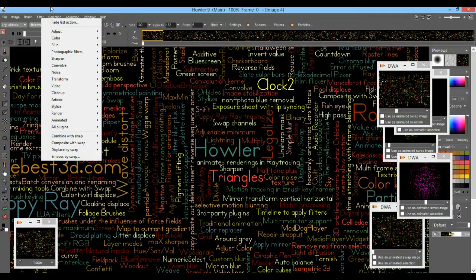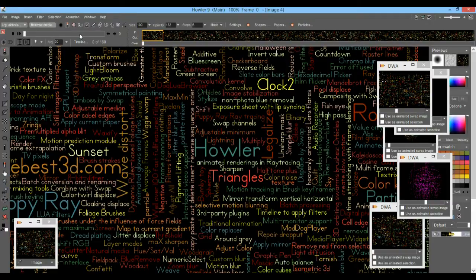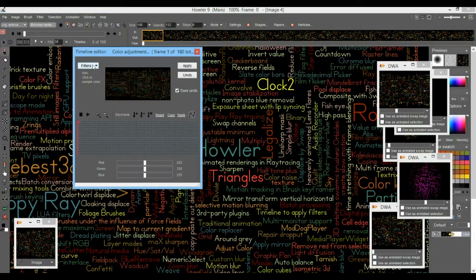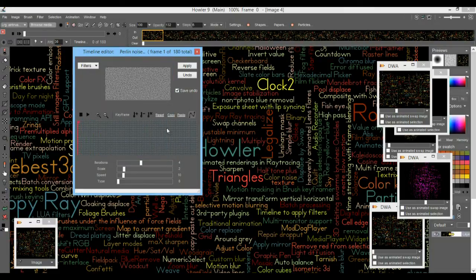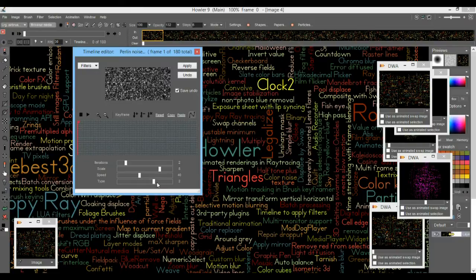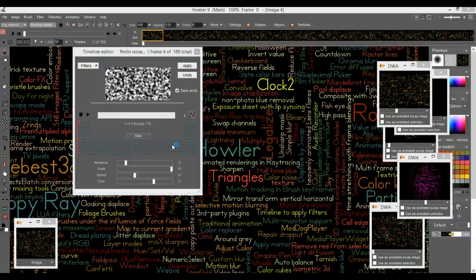I'm going to go to, let's see, filter, to the timeline, and in the timeline, all the way at the bottom, there's a Perlin noise, and in the Perlin noise, maybe I can make it a little bit faster, a little bit bigger, speed it up a little bit, and look at one or two other styles. And let's just take this one, but a little bit bigger scale, and rip it. So we could even change the parameters, but this is going to essentially generate a series of Perlin noise moving blobs that we can use as an interesting